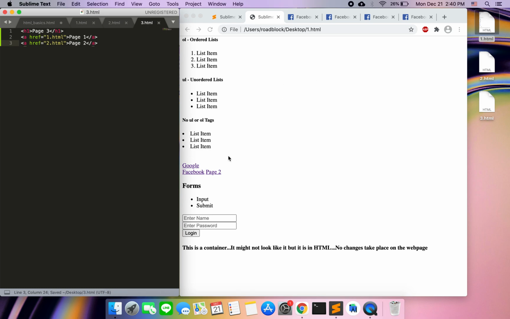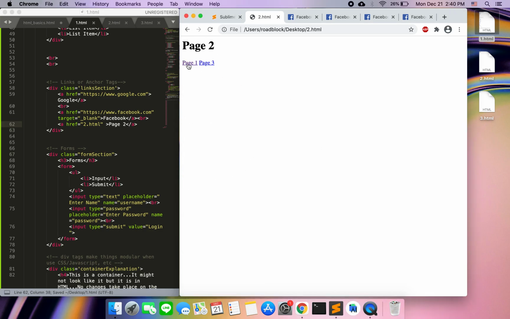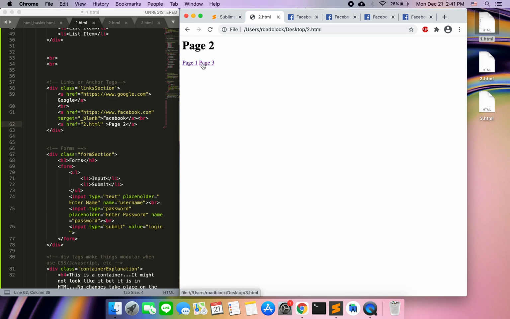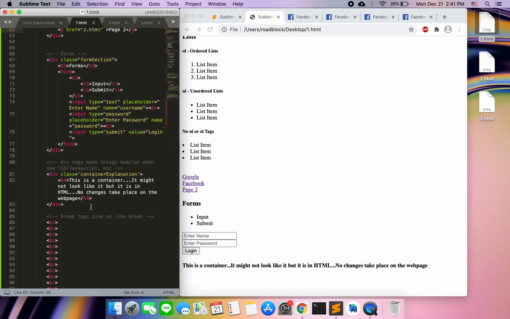Then href 3.html, page 3. Oops, put in a little break. There we go. So I have all of those links right there, and now I can go back and forth between all my pages. Alright, so hopefully that was a good introduction into HTML, why we need HTML, how to separate and